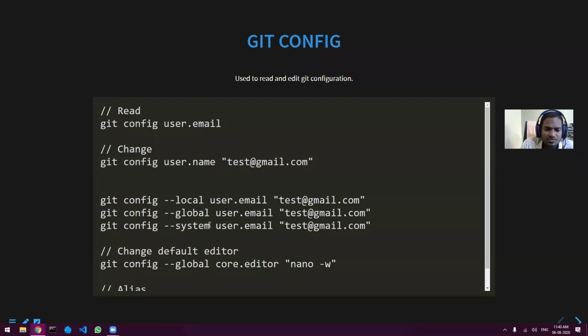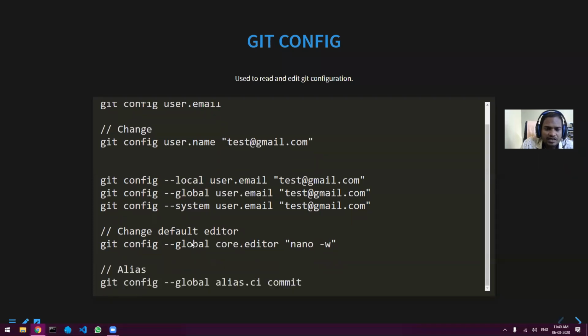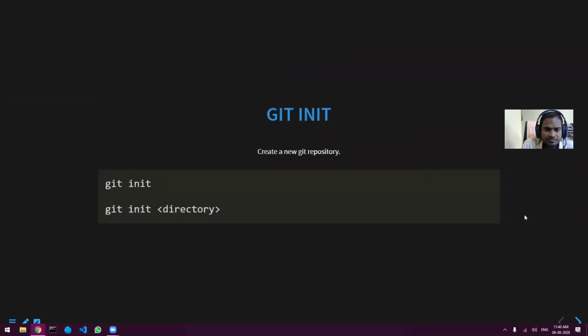There may be 10 users working on your computer, and all of them will have the same config. Normally we use global if you are on your own computer, and if you are working on a computer that is not your own, then you will use local. Then these are some other commands. We will see later how to create an alias. So let's go to the next one.